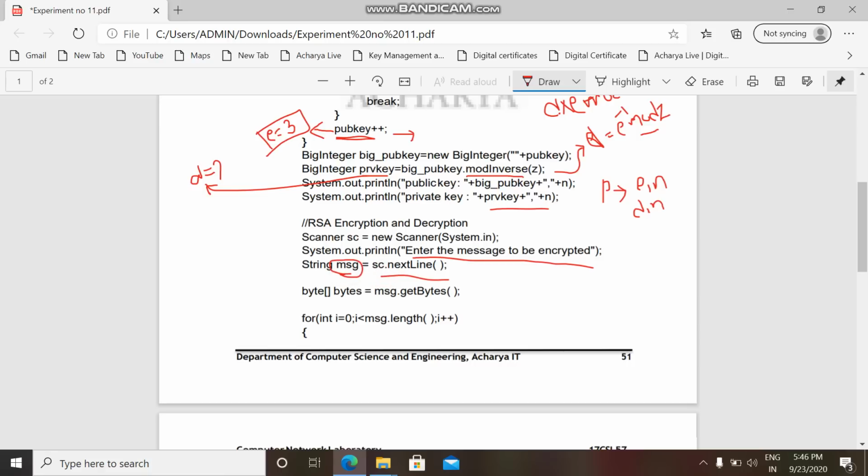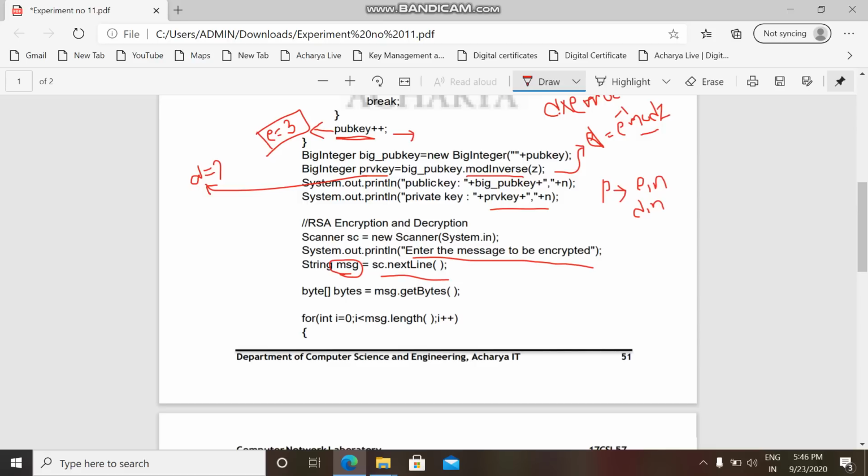Now this getBytes method takes a string as an input and returns a sequence of bytes. This method is defined in the class.